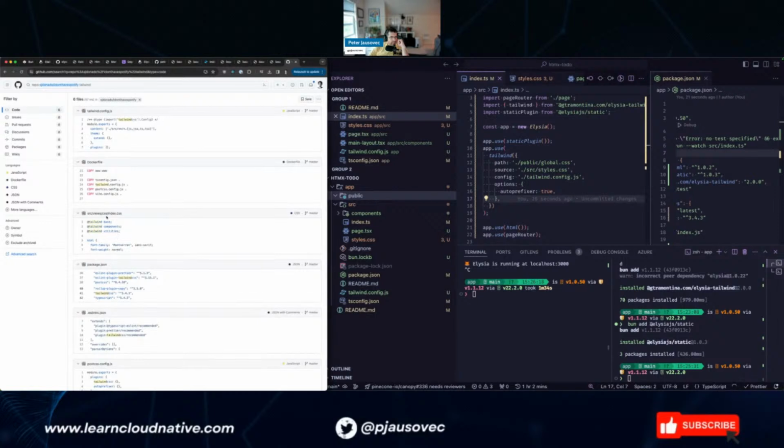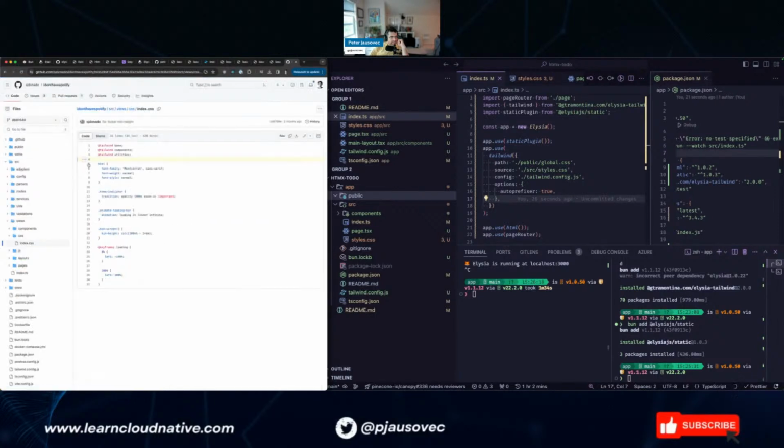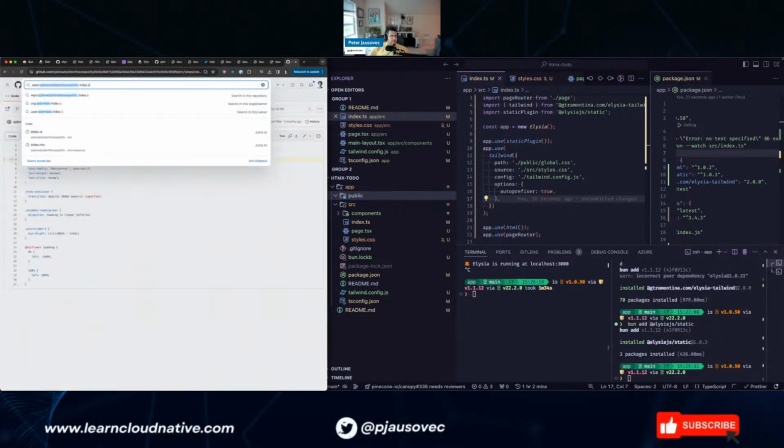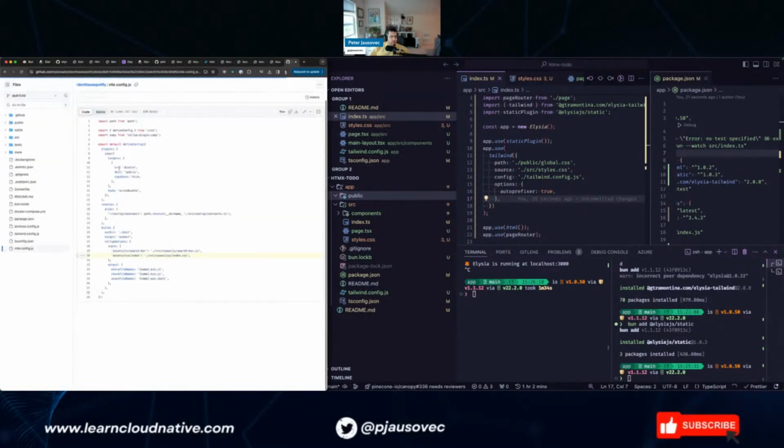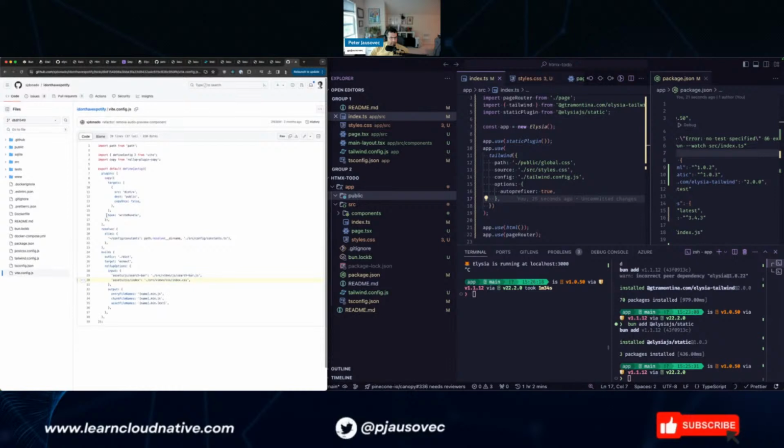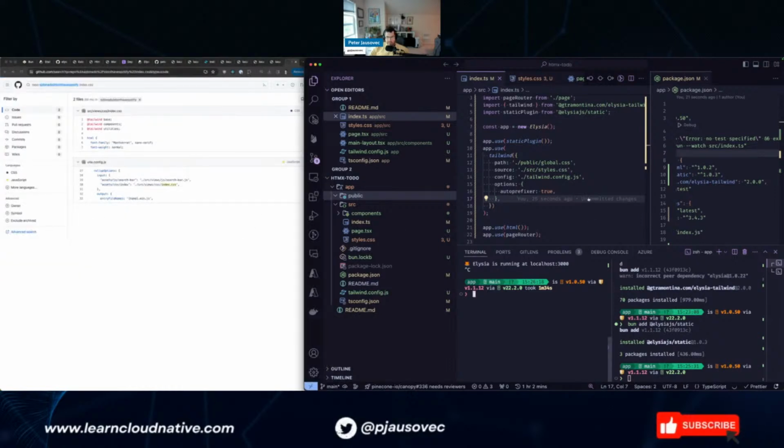There's index CSS in views. And then this is just included somewhere, right? Oh, this is using like a different